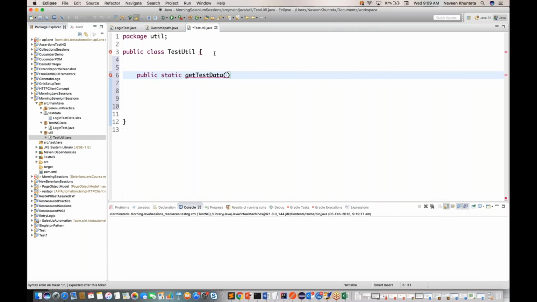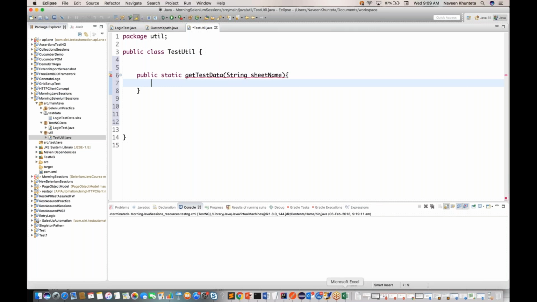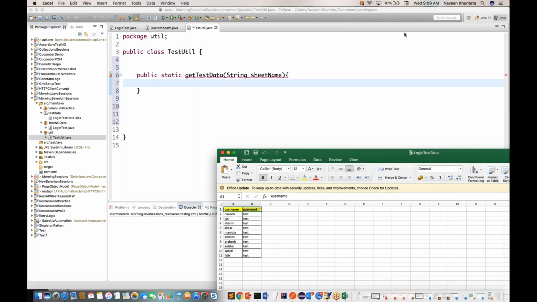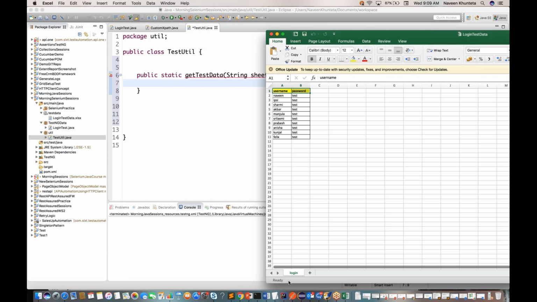Okay, and I want to specify which sheet I want to fetch the data from. So I pass one parameter, the sheet name, that it's a login sheet. I'm talking about this particular sheet, whether it's a login sheet or some other sheet. Okay, cool. So now what I'm gonna do is